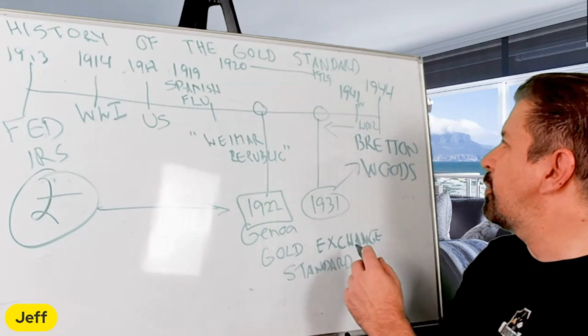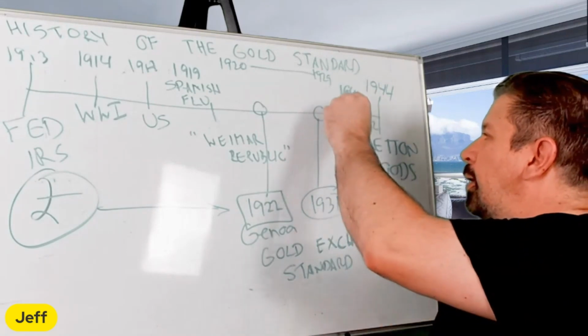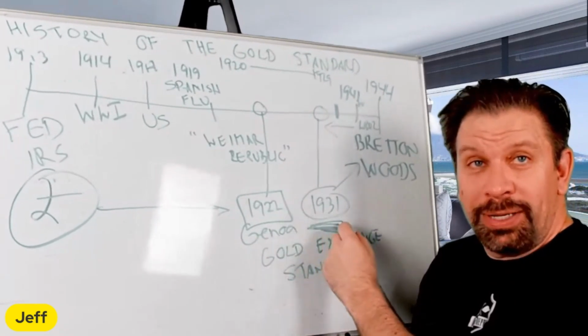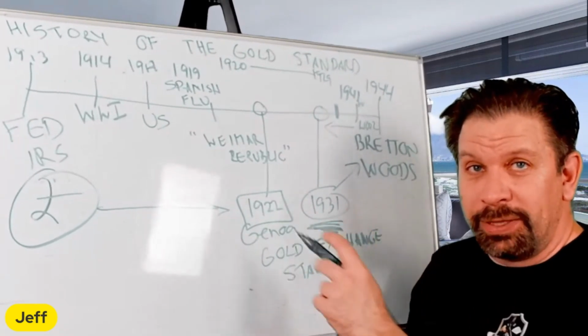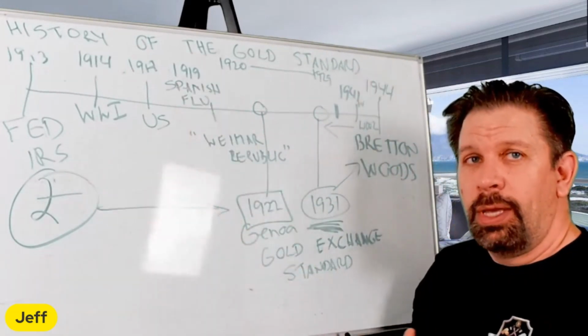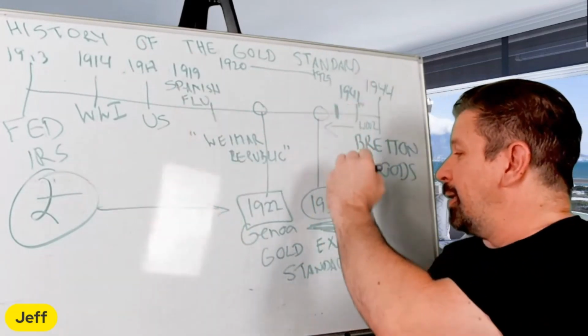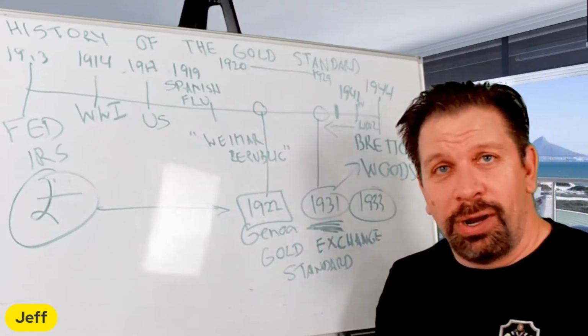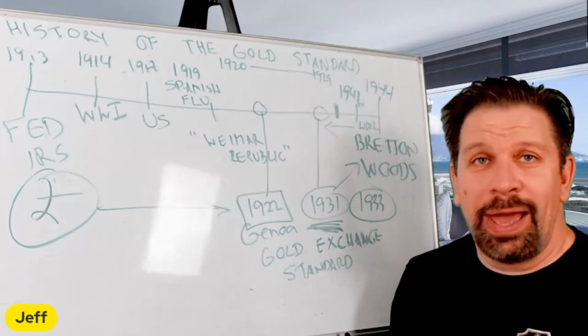So in 1933, right here, the U.S. is still the top dog because the British pound dropped out. The Bank of England said we can't handle this anymore. You guys go be the world standard unofficially. So what happens in 1933 is that FDR is the president, and they're about to have a banking crisis.